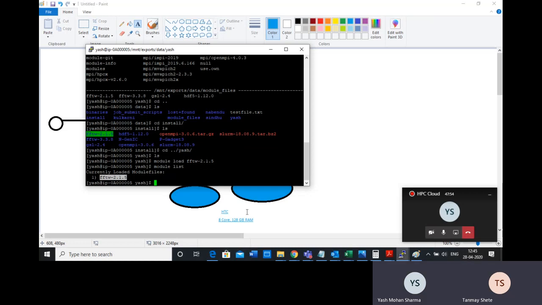In the interactive job, you will tell the scheduler, okay, this is a job which is interactive. Please allocate me a particular machine, and once a machine is allocated, I will be working on that machine. Like you are going to create new files, edit using an editor, or you will be